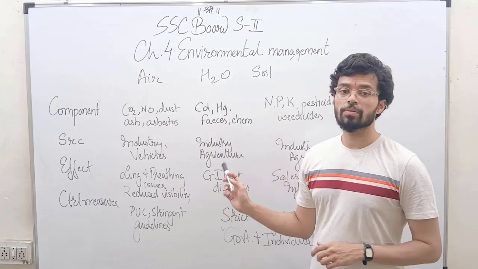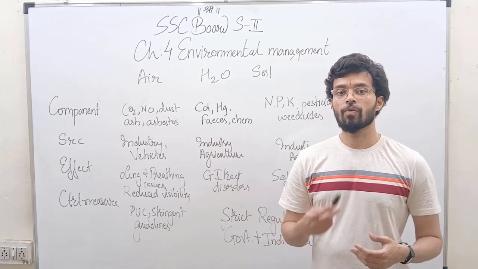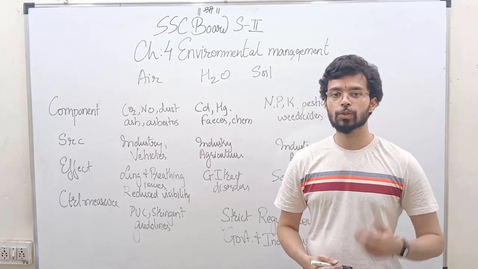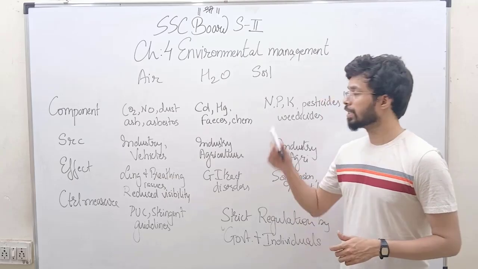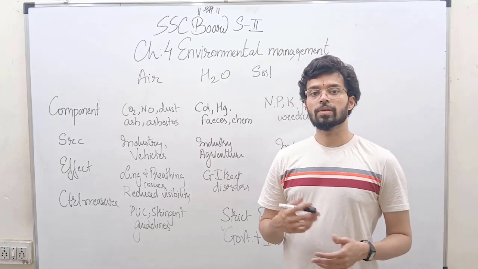The other two are important for your survival in terms of agriculture, right? Water is required for your own survival. You need water to drink. Also, plants need to be irrigated. The farmlands that are there. And soil, because soil is a supporting medium, it's a substrate on which the plants grow.